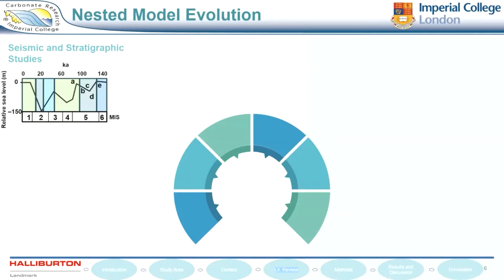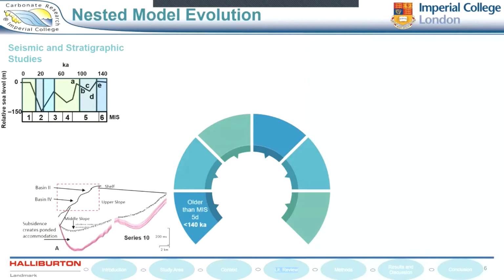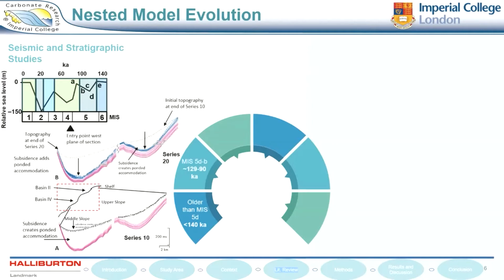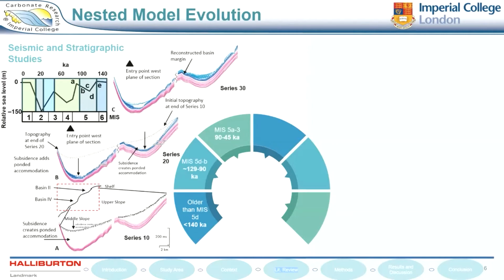So the nested model evolution. What did the two basins, Basin 2 and Basin 4, look like and evolve throughout? So older than MIS 5D at 140,000 years ago, we can see this was what it would have looked like before sedimentation started. During MIS 5, between 129 and 45,000 years ago, we had the influx of hemipelagic and muddy